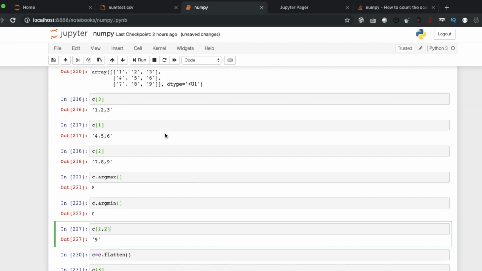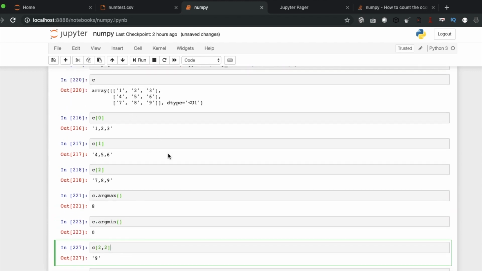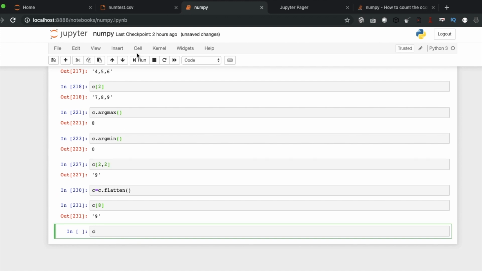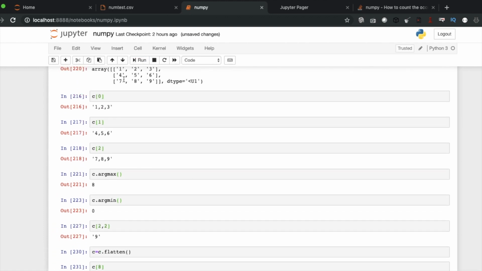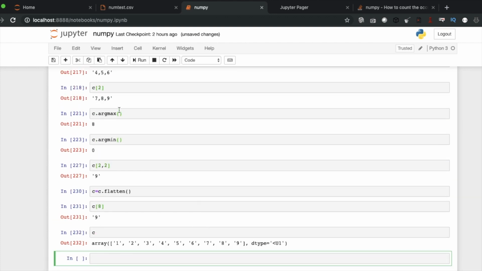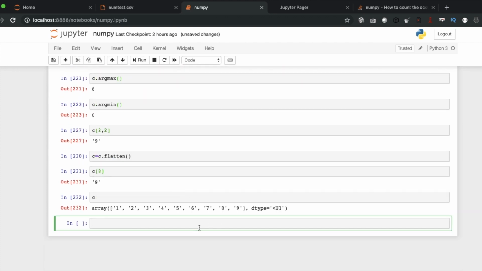Flatten means if you have a two-dimensional array, it is going to be flattened like this. The order is maintained like 1 2 3 4 5 6. It is not row-wise or column-wise like a transpose. So what other things are still left? I'm just thinking if something is missing.